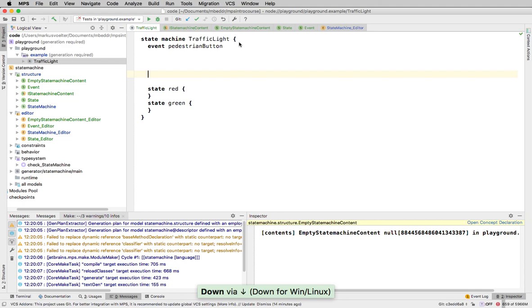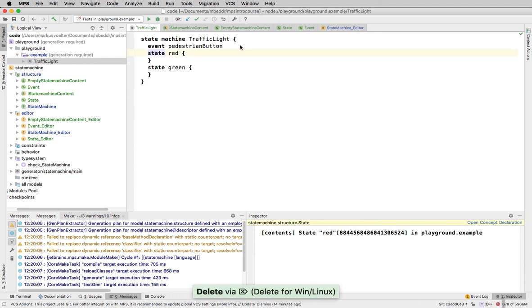Now, of course, when I process the state machine somehow later, I have to take care of filtering out the empties because they don't make any sense. All right, so I think